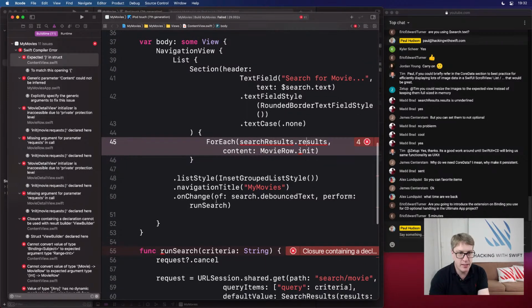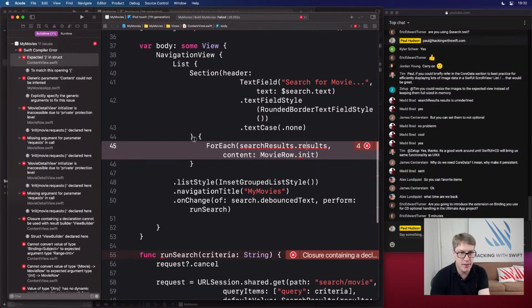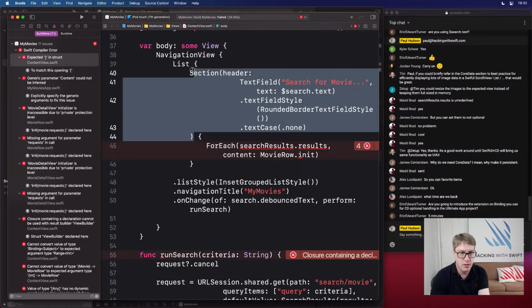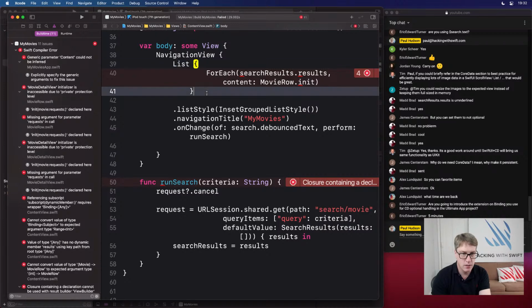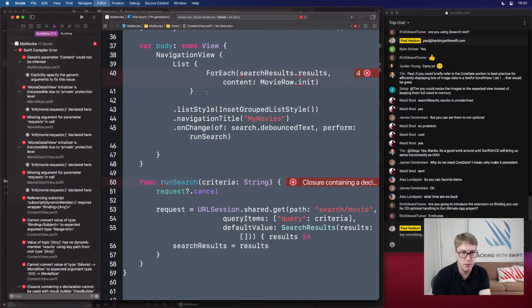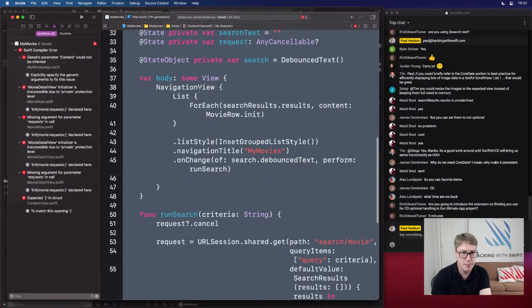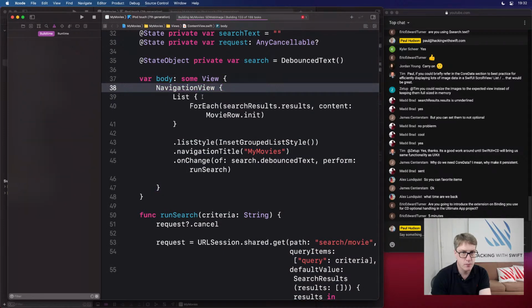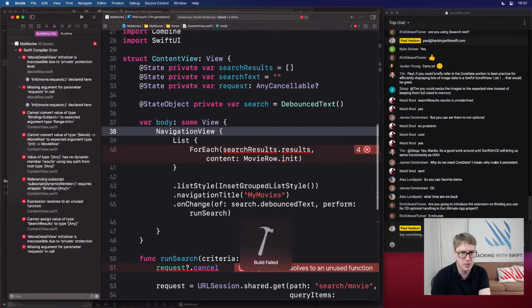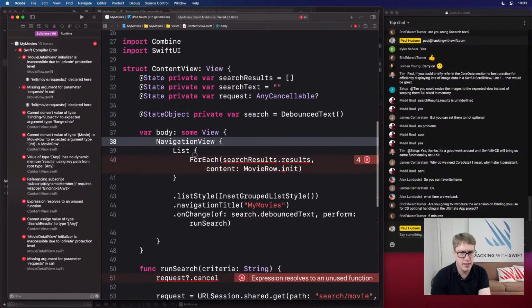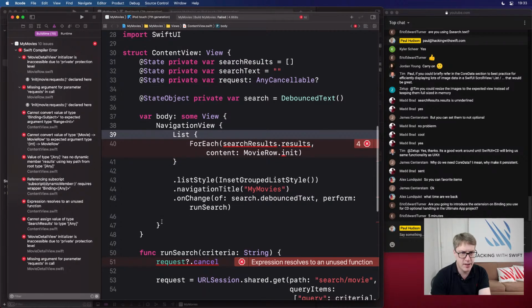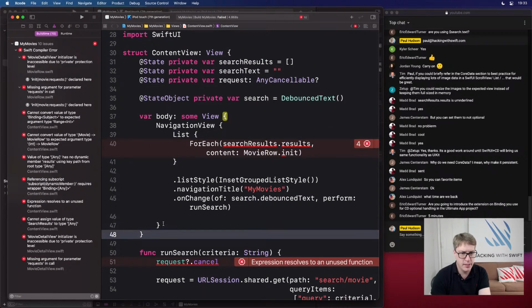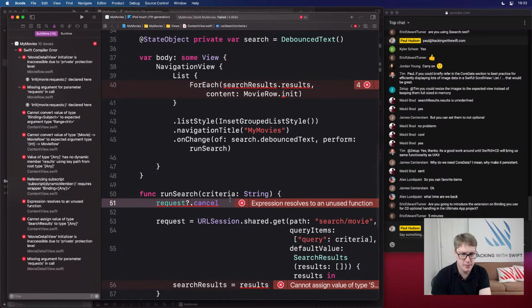Let's just temporarily rip out a bit of this code, see what's going on. Let's take out that in case it's in there somewhere. Is that better? Still missing a brace somewhere in your thing. So there's a for each starting, navigation view ending, body ending. That's a method, that is. Yeah,